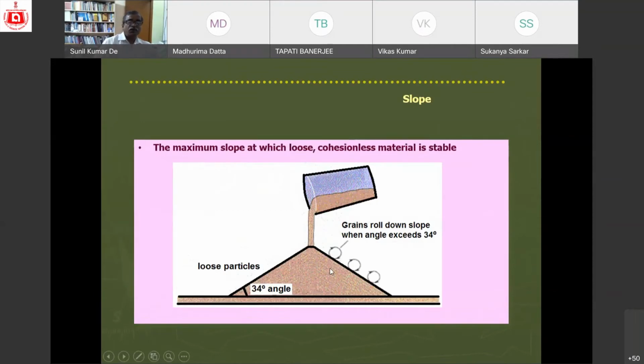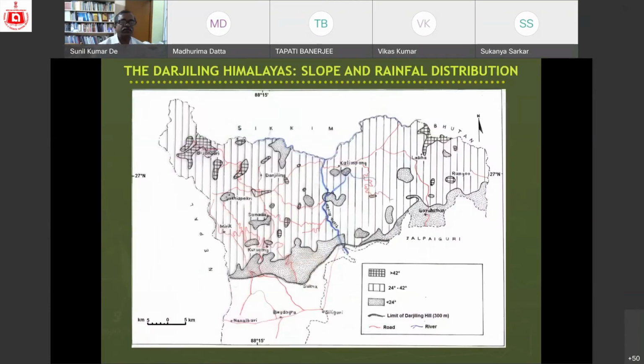But all the hill slopes are not formed of this type of loose sand. So in landslide science, the angle we have considered, 40 to 42 degrees, is the stable angle, below which it is stable, above which it is unstable. So if we see the Darjeeling Himalayan situation, in very few places the angle is very high, but these are densely covered with vegetation, though some landslides are of course taking place on this side. I have shown it in the diagram.